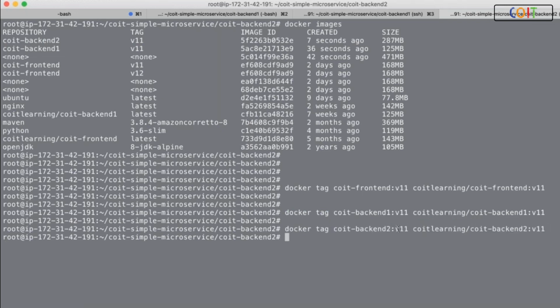So I tagged all the images, and remember, tagging simply means giving a proper name, right? This is a local operation that I am doing within the same machine. And now before you push, you should do this kind of local tagging to match the naming convention, whatever your registry follows. And if your company is using a cloud provider such as GCR, Google Container Registry, then the tagging